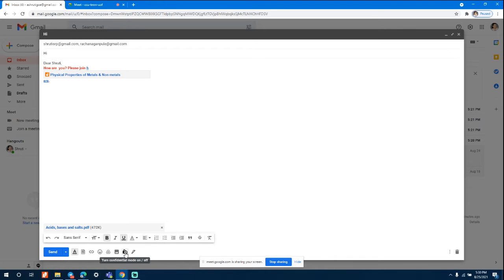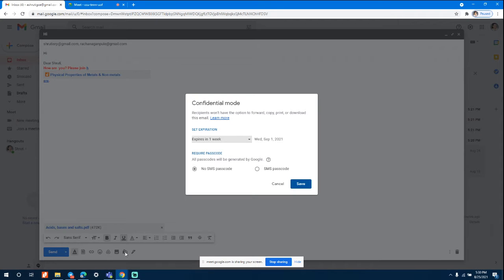Then there is this confidential mode. Many times you want to send the mail and you want it to be protected. You don't want others to have a look at it. So you can always make it private. You can protect it using a passcode. The passcode you can send separately, or you can just not use it.